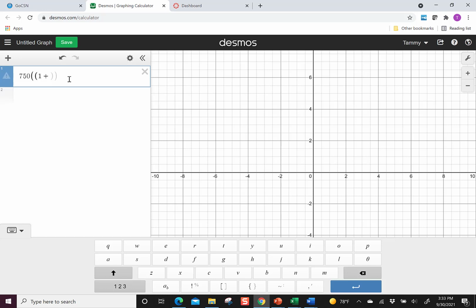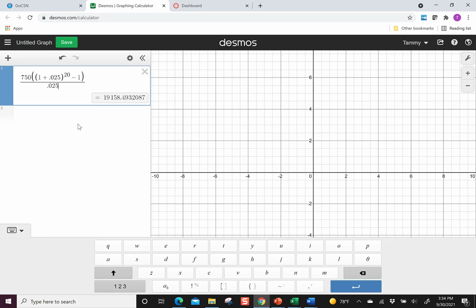So it's important that you see that there's two sets of parentheses here. So I have the 1 plus 0.025. I'm going to raise this to the 20th power. Then I'm going to subtract 1, close that second set of parentheses, and then divide by 0.025. So if you don't have two sets of parentheses, it's going to be wrong. So make sure that you're seeing both. I like that Desmos makes the first set a little bit bigger, so you can kind of make sure it's open closed. And I got that same value,